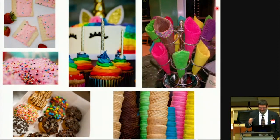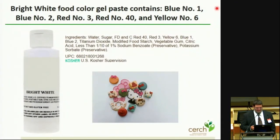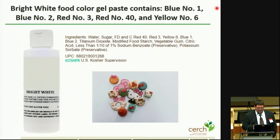But if we took the survey on Wednesday on a school day, they're not eating ice cream. So we were also surprised to see that some other icing components were also significant contributors. The icings, even bright white icings and other white foods, actually still contain a number of colors, including blues and reds and yellows. And so the visual take on a food doesn't necessarily reflect what you might expect in terms of colors. And icings actually proved to be a significant source for some of the reds that we saw higher